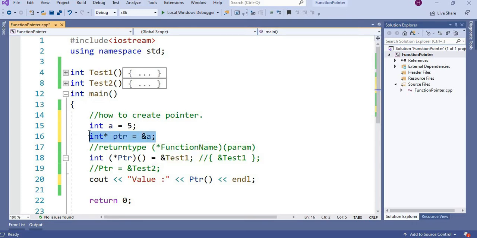If you are creating a pointer, you need some valid address. In the same way, if you are creating a function pointer, you need a valid address of a function.